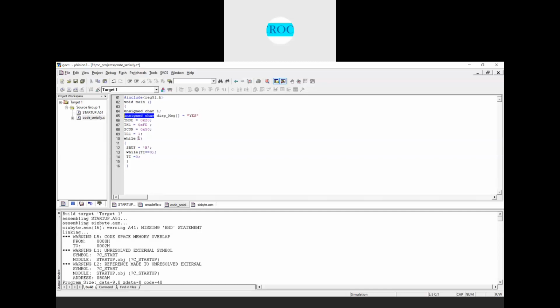Now what we have is while(1). Now for this while, here what I write is for: I is equal to 0, I is less than 3, because we have three characters, 0, 1, 2. That's the reason for less than 3, I plus plus.